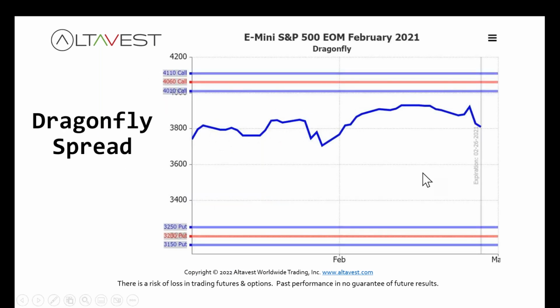So what am I talking about? Let me slow down here and walk you through this. You can see the calls here and the puts. So the red line, you sell 4 of these calls. You buy 3 further out of the money and then 1 closer to the money. And the same structure on the puts. You sell 4 puts, you buy 3 further out of the money puts, and then 1 closer to the money